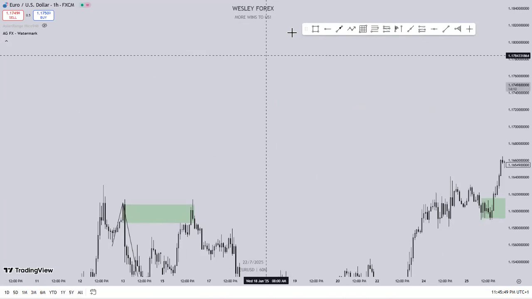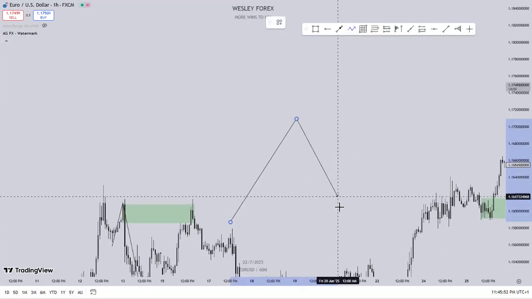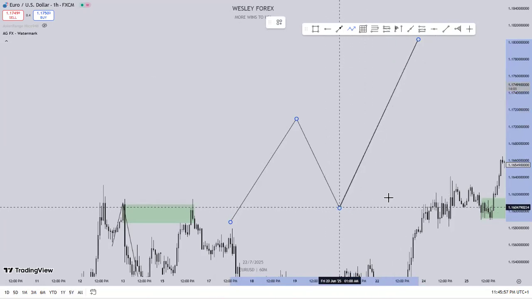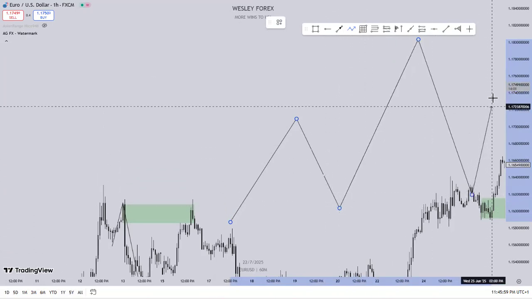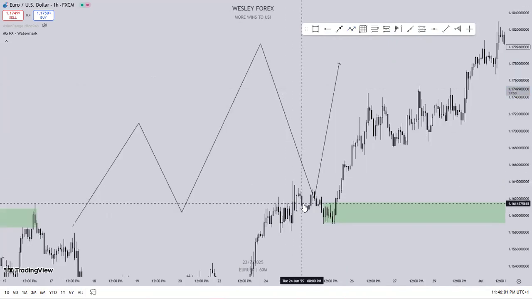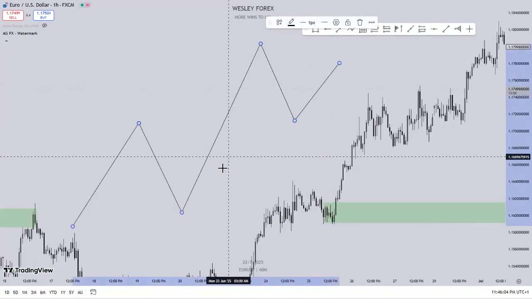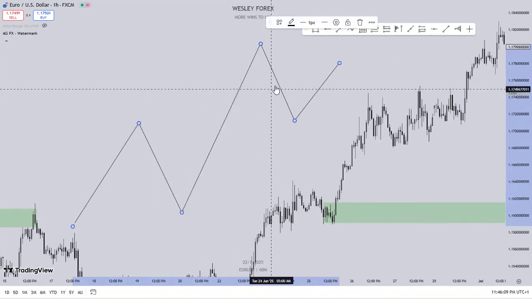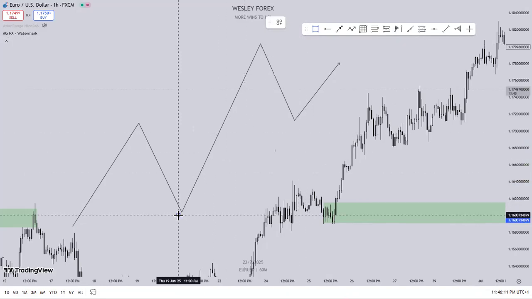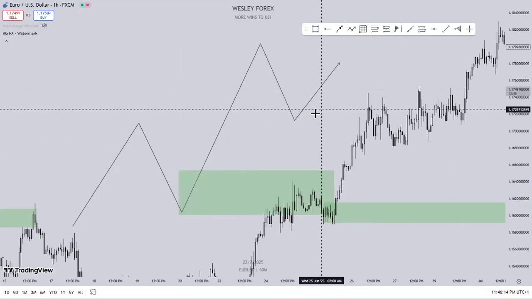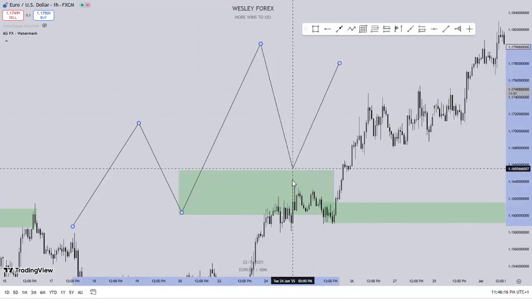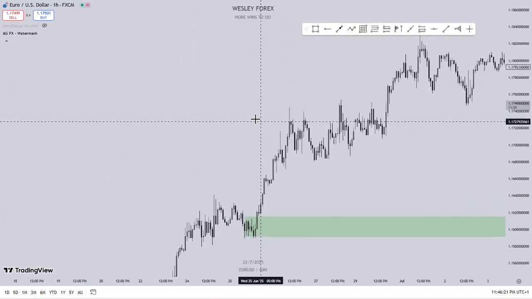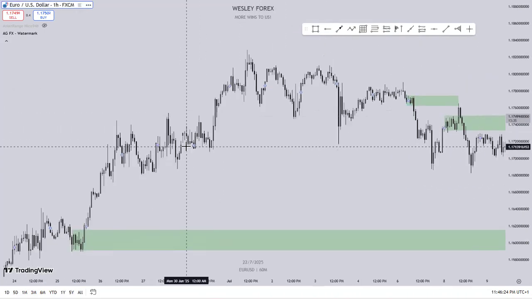Because a lot of traders trade in a very funny way. Maybe you have a structure like this, and if price does not come down to this order block that is here, then the trader will not expect that price will go, not knowing that price can actually find any point of interest in between before even this order block. Some traders, if price does not come down to this order block here, then they're not going to take any trade. There are cases where price will come down here, but you have to be flexible. I'm just trying to let you know that most of the times price might not really reach that extreme low